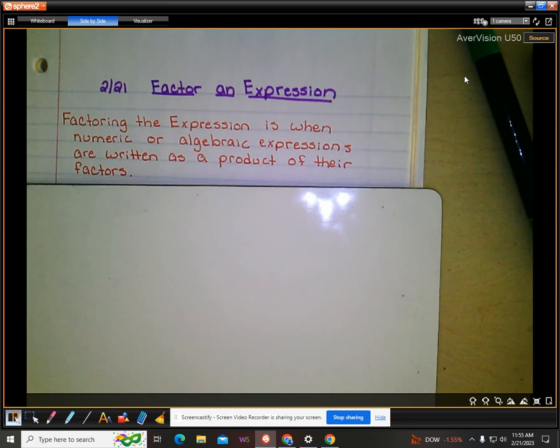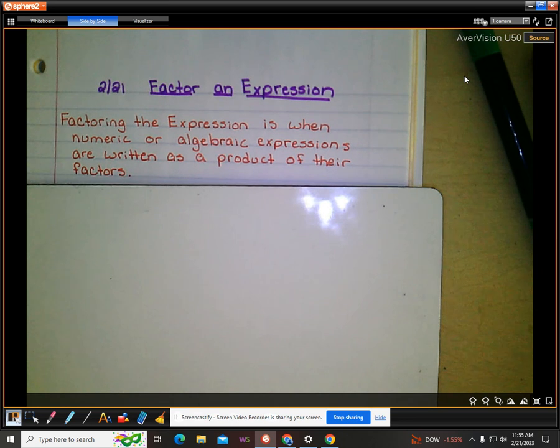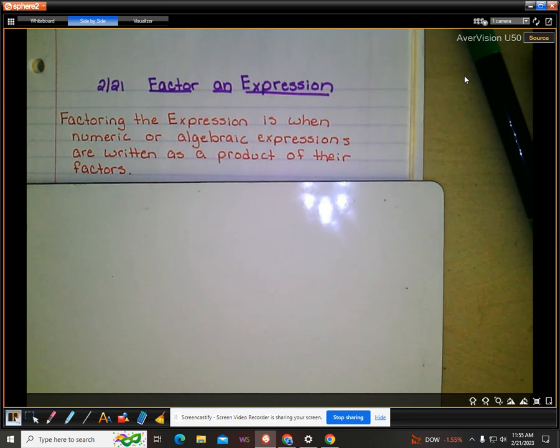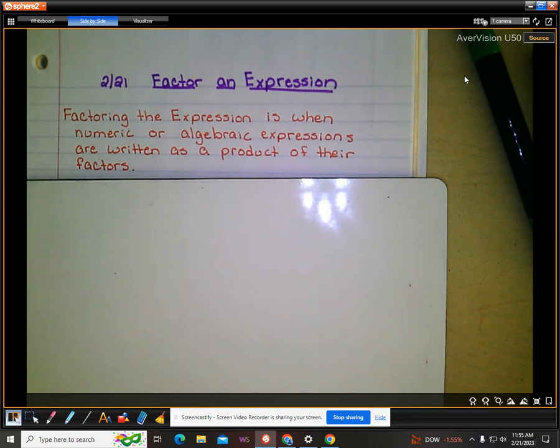Okay, so factoring an expression. Factoring the expression is when numeric or algebraic expressions are written as a product of their factors. Now, again, I'll break that up in a second. There are a lot of big math terms in this, and we're going to talk about those, but let's write it for now. So, factoring the expression